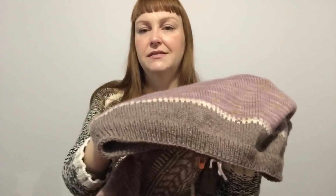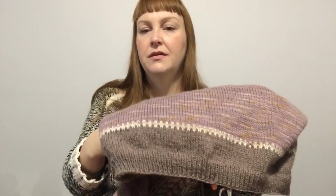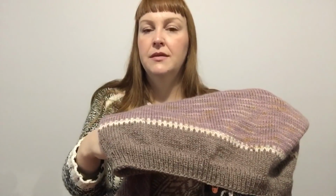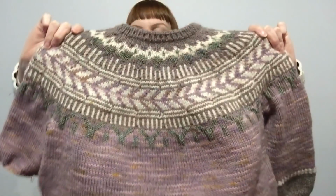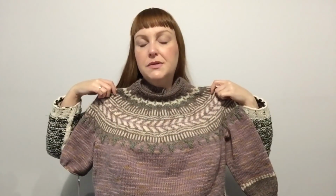And I wanted to extend the length of the bottom a bit, but I also wanted to have enough left for sleeves, so I stopped a little bit beforehand and added in a transition and then lengthened it with the rustic. So really getting a lot out of stash yarn here, making a little cropped sweater with some sleeves. I usually only wear 3/4 length sleeves anyway,